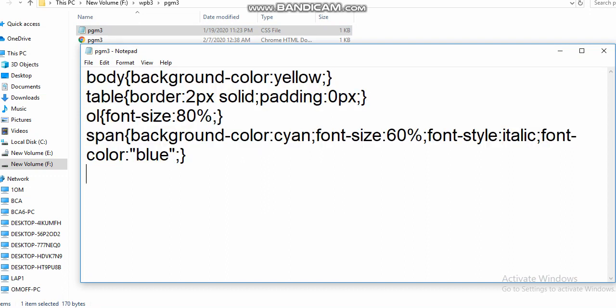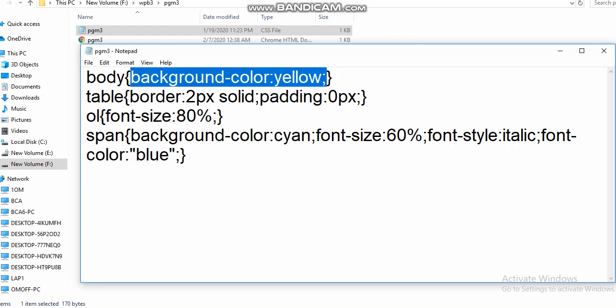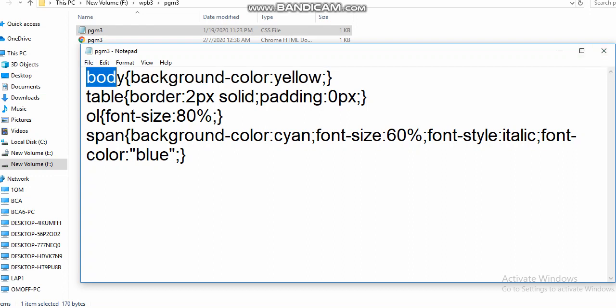So what I am doing here, I am applying these features to the body tag. So what are the attributes of body tag? We know that BG color, background color, all these are the attributes, isn't it?